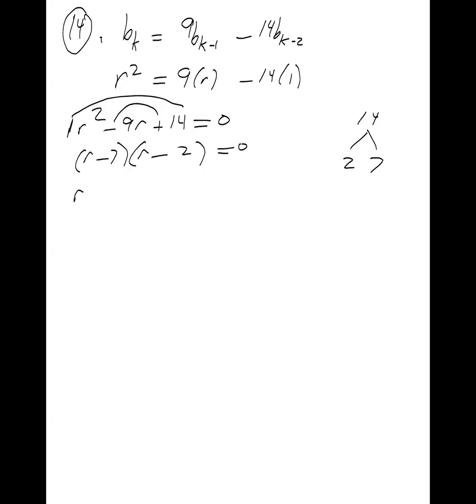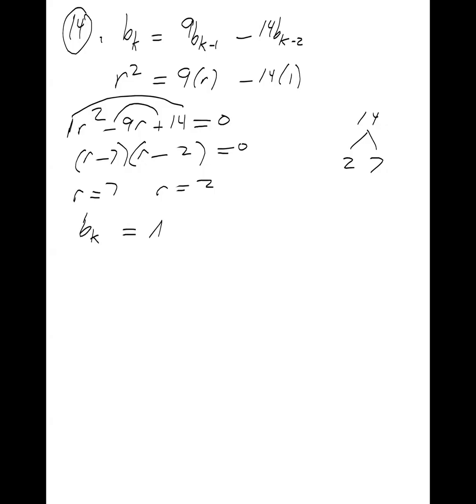So R equals 7 and R equals 2, which means, now here's where you have to remember a little bit more theory. So right now we're just doing algebra. But we started with a little bit of theory though, about replacing the BKs with the values of R and with 1. Now we're going back to theory again a little bit. The theory says that once you find the values of R, that the solution to BK is that BK is